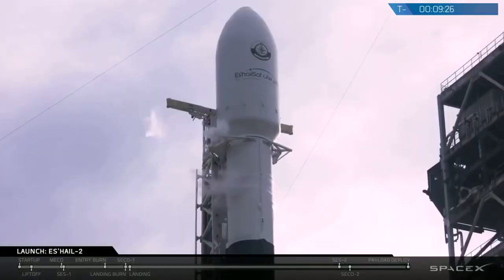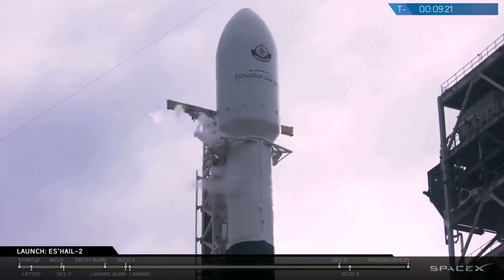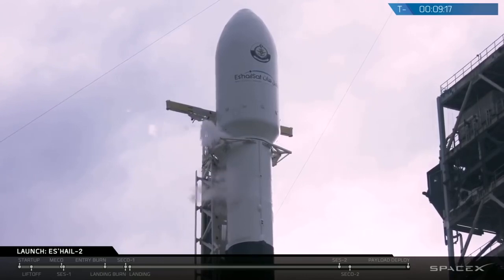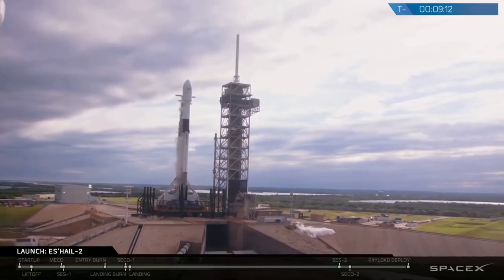Now, helium began loading into the onboard tanks before the webcast went live, but just like the fuel and just like the oxidizer, this loading and top-off process will continue with the helium until about a minute and a half before launch. The last milestone that's prop-related that we like to hit before liftoff is the engine chill procedure, and